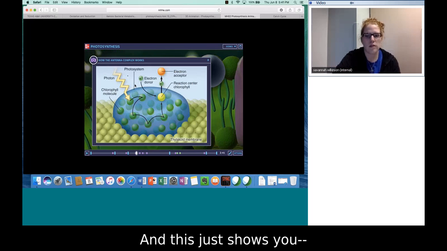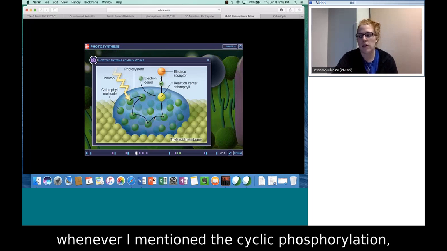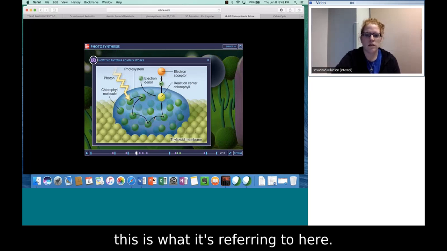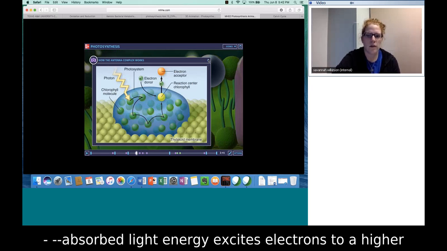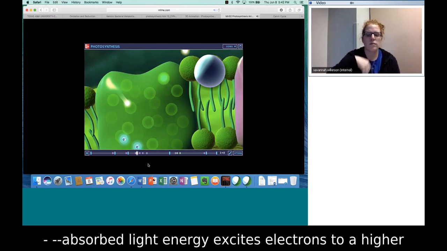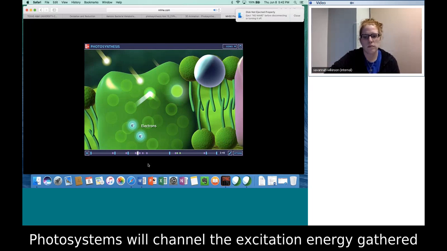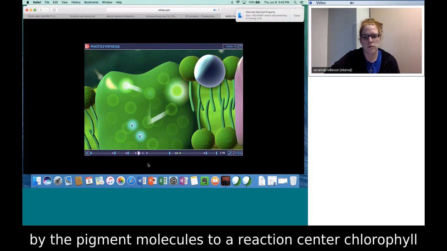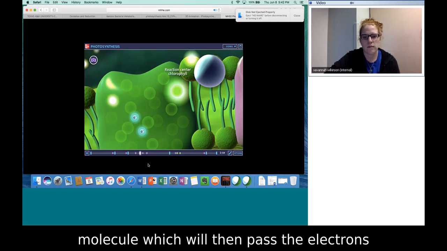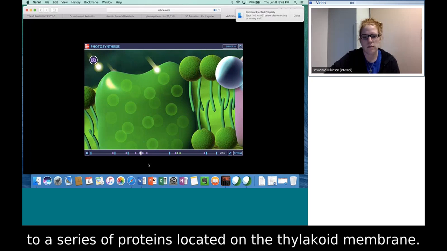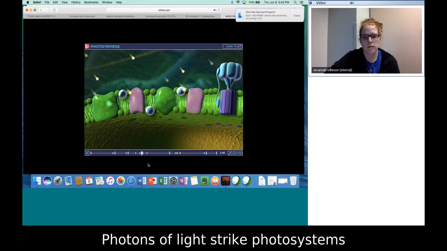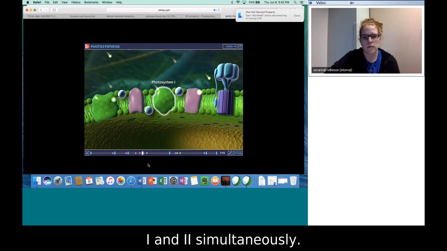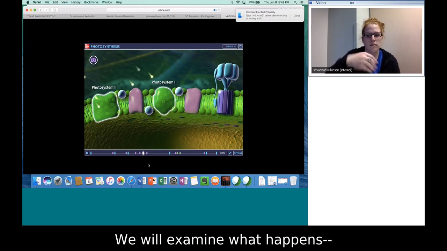So this just shows you, whenever I mentioned, I believe it's the cyclic phosphorylation, this is what it's referring to here. Absorbed light energy excites electrons to a higher state. Photosystems will channel the excitation energy gathered by the pigment molecules to a reaction center chlorophyll molecule, which will then pass the electrons to a series of proteins located on the thylakoid membrane. Photons of light strike photosystems 1 and 2 simultaneously. We will examine what happens with the